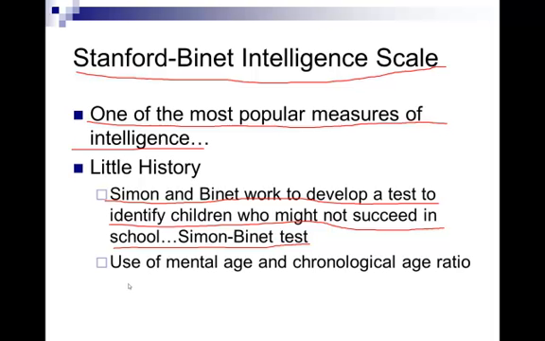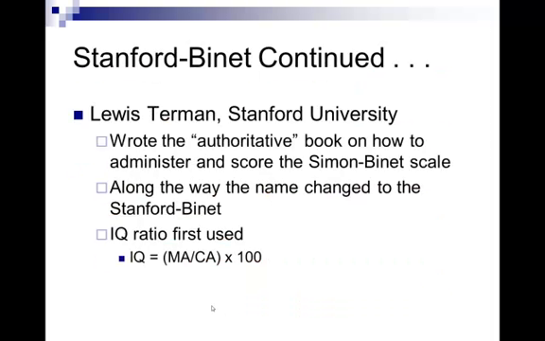And so they put together a construct of their mental age and their chronological age ratio. They figured the younger the child, the less structured their intelligence would be, but as they would grow older, their intelligence would change with their experiences and with what they've learned. And so they put together these two variables, mental age and chronological age, to come up with a value for their intelligence.